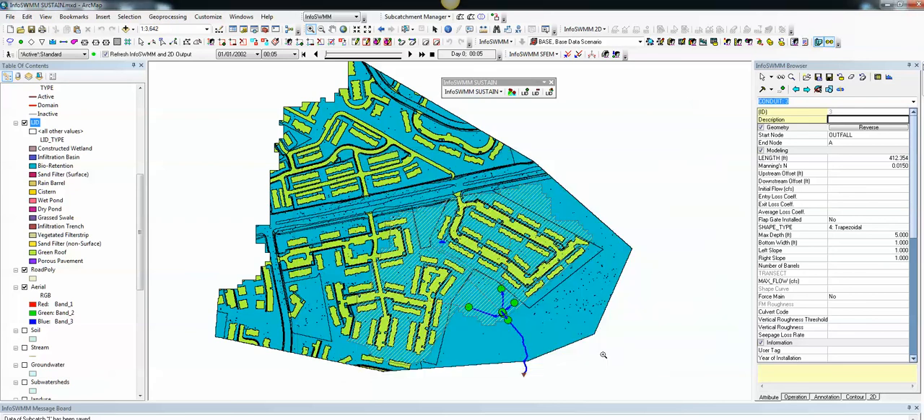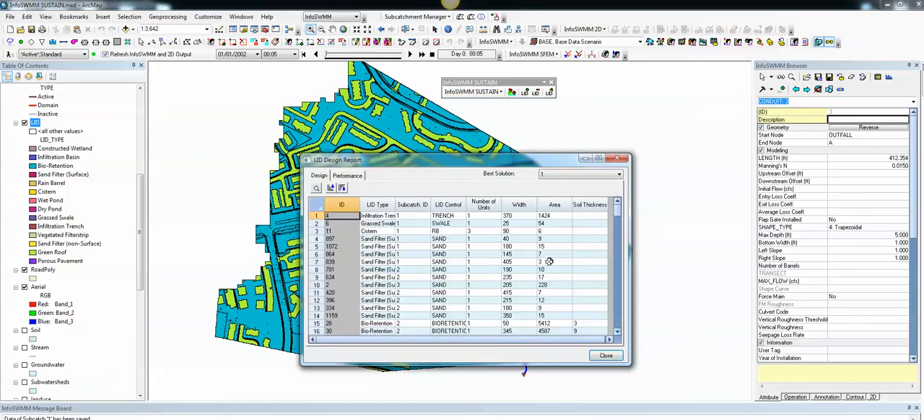So you go ahead and run that, and once you run that, you get a design report, which tells you, okay, these are the number of LIDs that we got for each different subcatchment, what the control was for each of those, and the number of units. So for example, here we have 3 cisterns or big rain barrels for that. We also have a